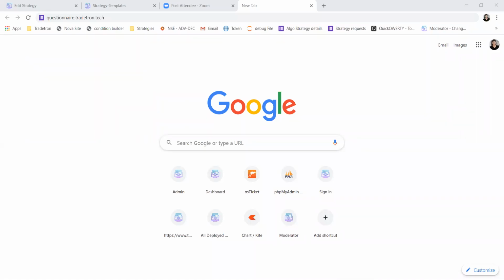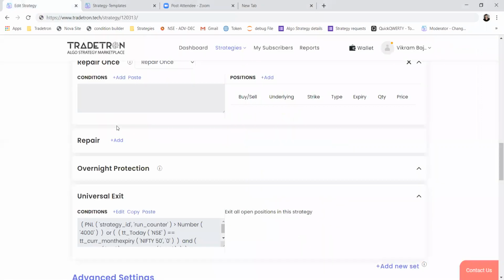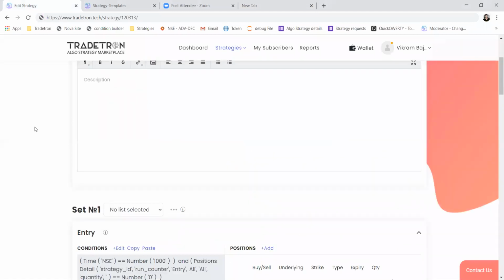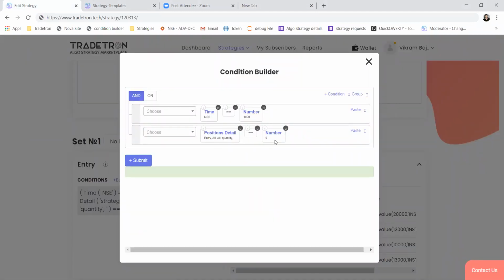How to pause only the entry condition with the exit condition on? I think I have explained this question, how one can pause the entry condition or restrict entry from being taken multiple times using the position detail keyword. This particular condition will restrict the trades from being taken again once an exit has happened.